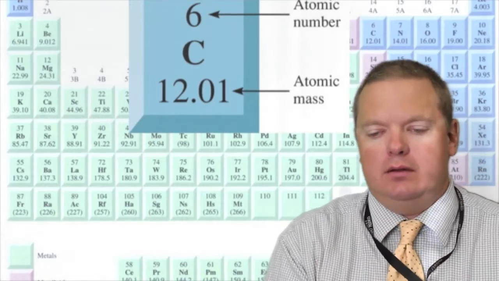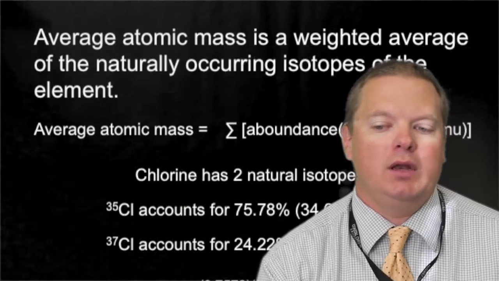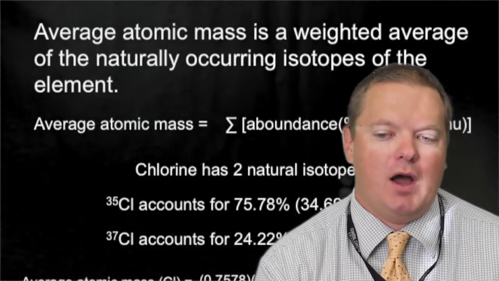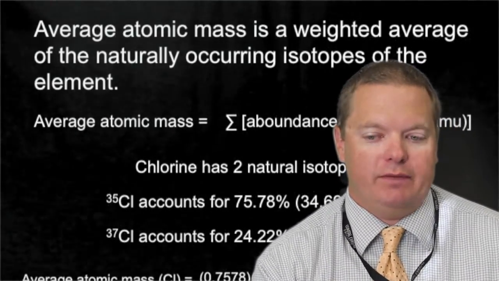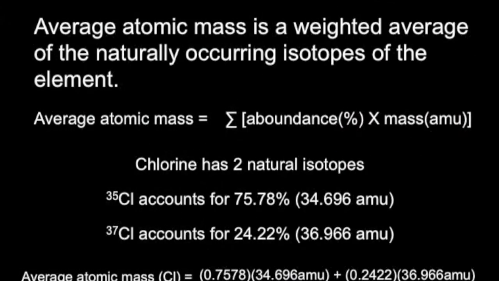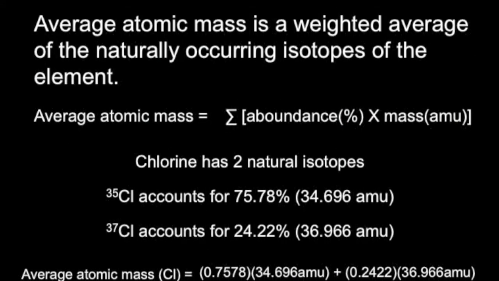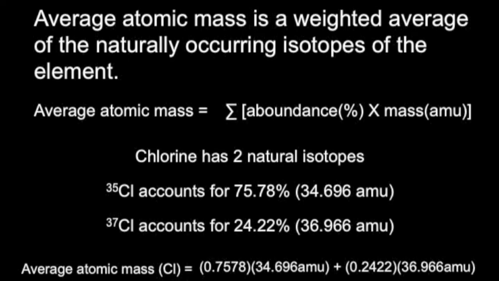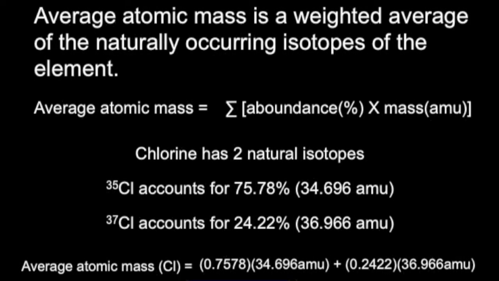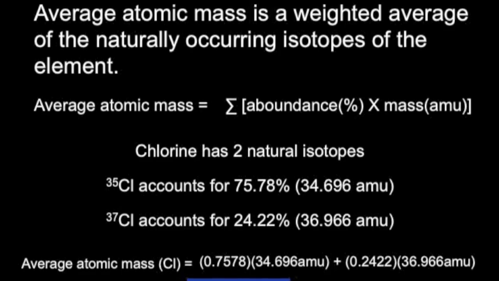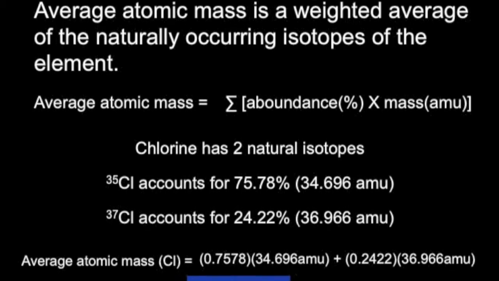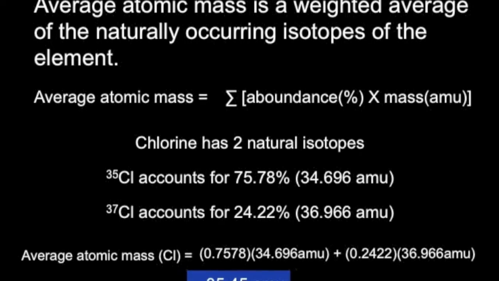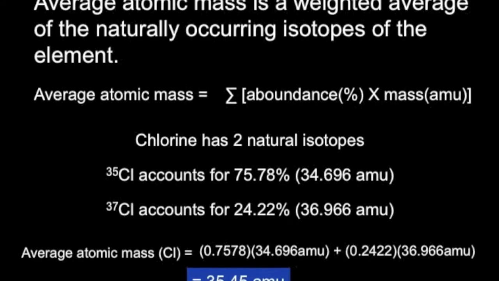So if we look at this weighted average in terms of chlorine, chlorine has two naturally occurring isotopes, the chlorine-35 versus the chlorine-37. The chlorine-35 accounts for about 75.78% of all naturally occurring chlorine, and it has an atomic mass of 34.696 AMUs. The chlorine-37 accounts for the remainder, the 24.22%, and it has an atomic mass of